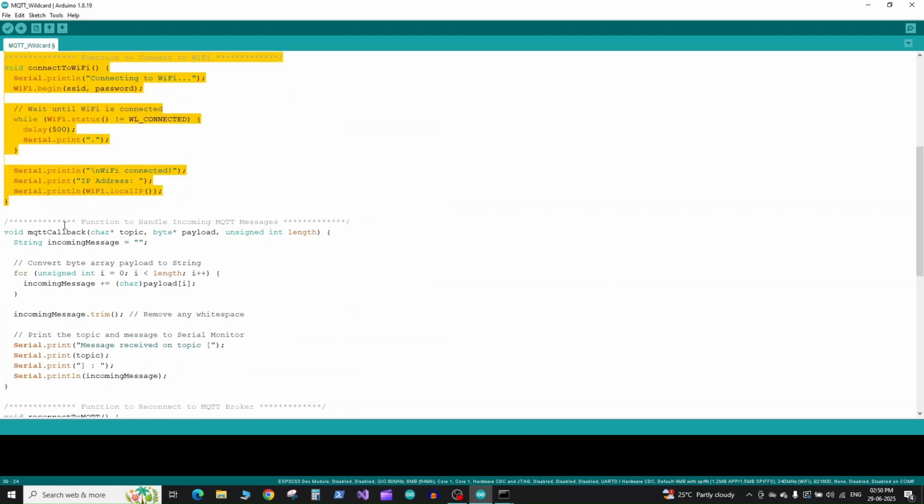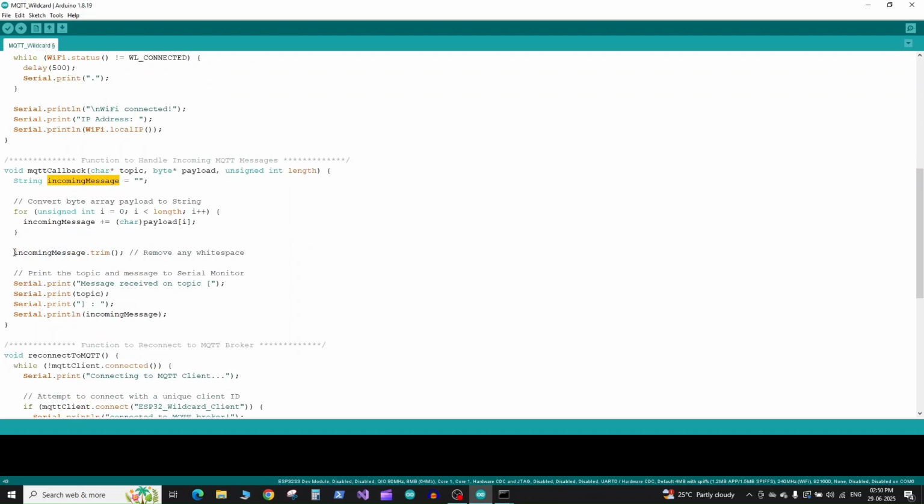Then we have the MQTT callback function, which gets called whenever some message is published on the topic that we have subscribed to. So in this function, we have the string incomingMessage. Then we add the incoming characters to the string incomingMessage. Then once the message is received, we remove any white spaces and we print that message received on the topic